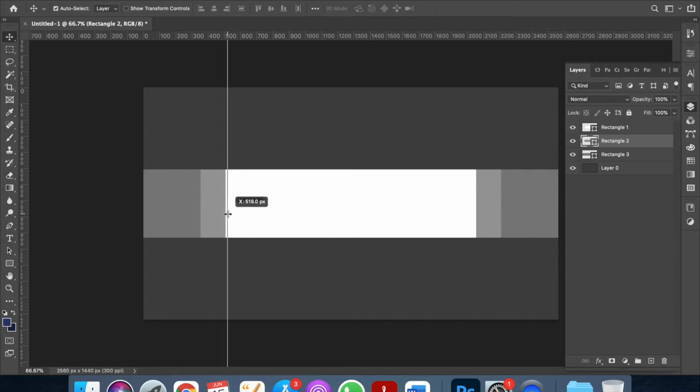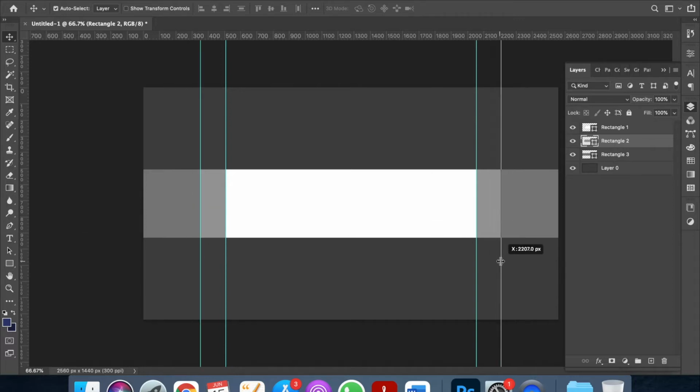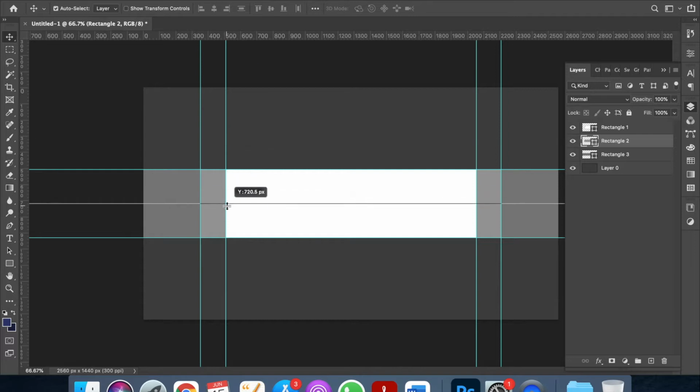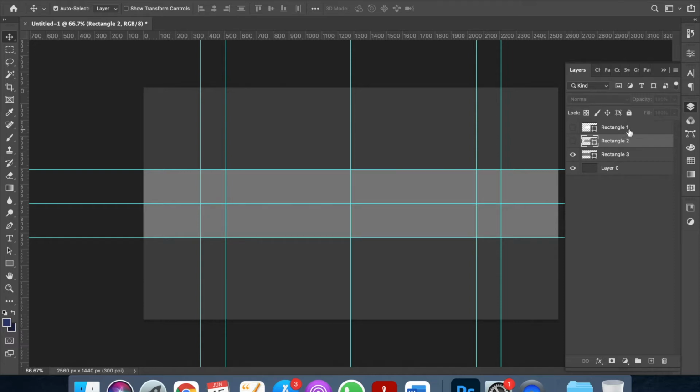I'm going to use the grid lines to mark those regions, just so that I can have a better sense of what I'm working with. Now I'm going to hide these rectangles, and so basically I know that is the region I'm going to be working with, and